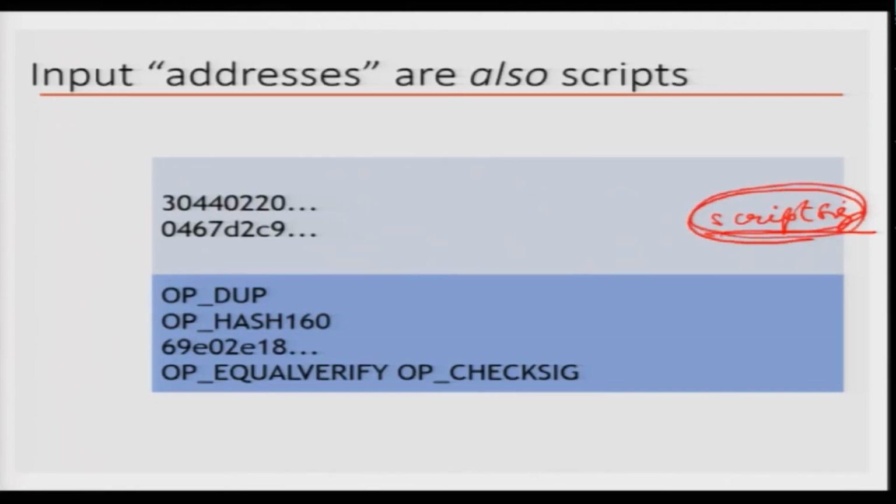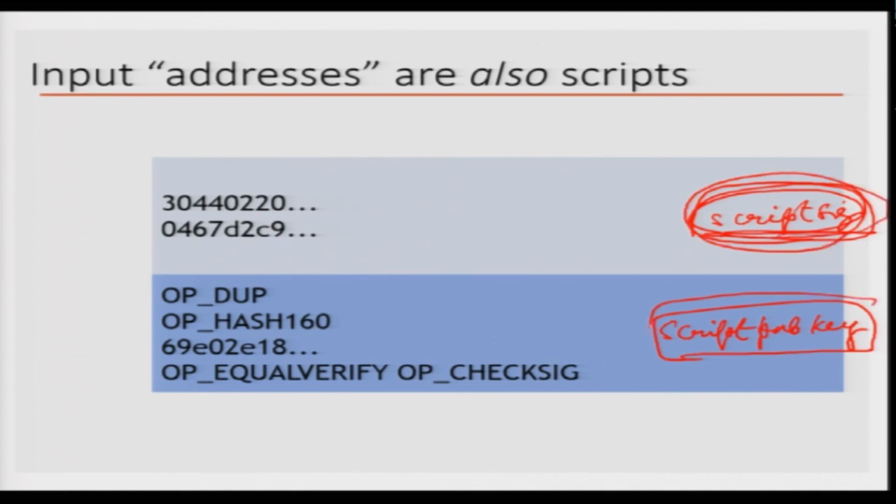Similarly, in the output I am supposed to only say whose account it should go to, but instead of giving just this account number as a hash of a public key, I have to write a script, and that is called the script pub key. Whoever is going to validate the transaction has to put the script on top of this script. A script is basically a set of instructions and data values, and this is also a set of instructions and data values, so I concatenate them.